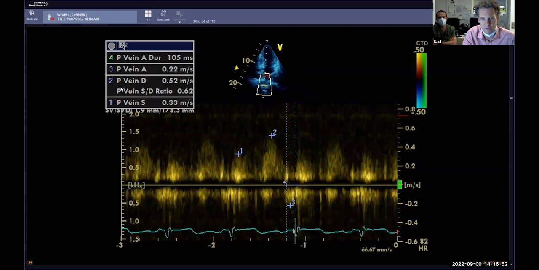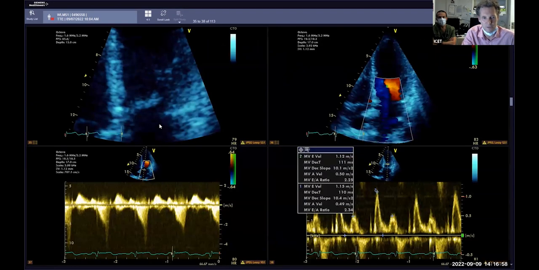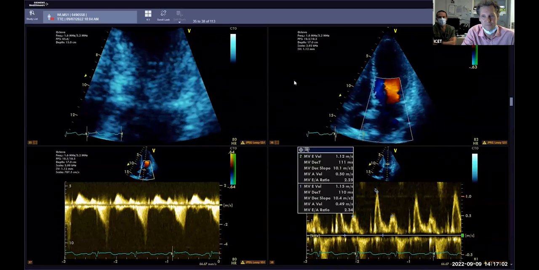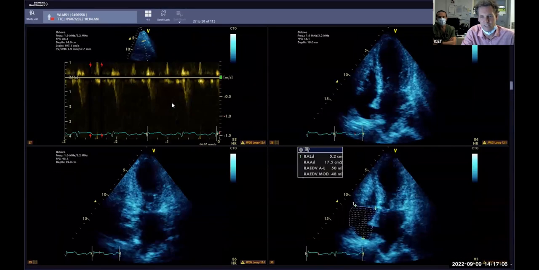Let me look if there's. It's freezing. I just want to see if I can show you some M mode, because I want to see if we've got any MR. We don't really have. All right, before I get there,